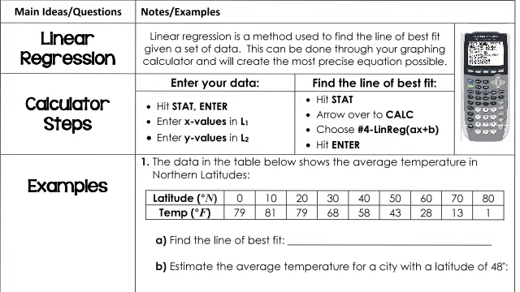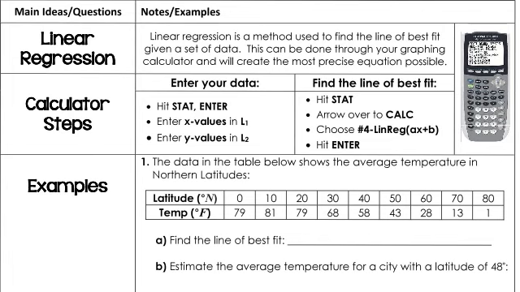I've run into this problem before, because it's going to average all of the data, so if you don't give it all the data to average, you'll end up having a problem. And now I've gotten all the way up to 80, so now I'm going to enter in my temperature. So I'm going to enter in 79, 81, 79, 68,